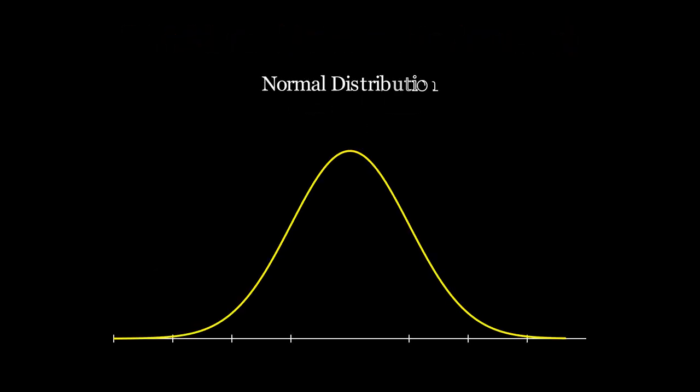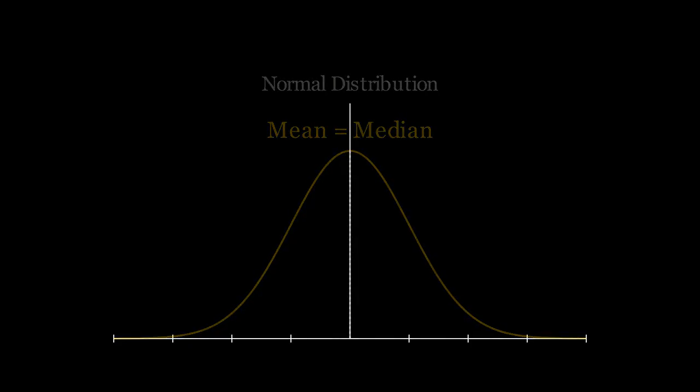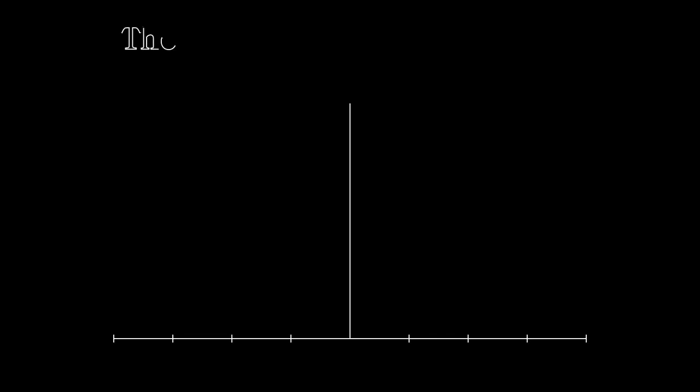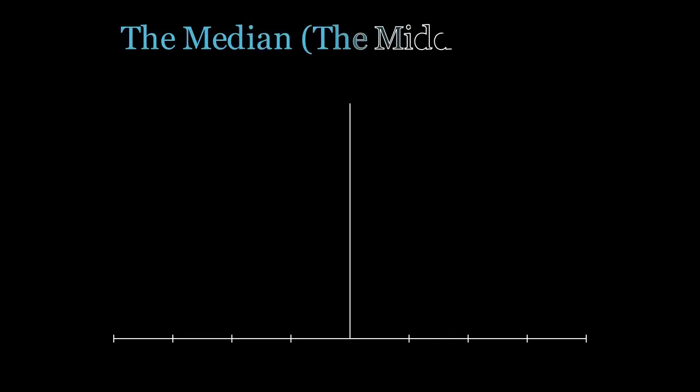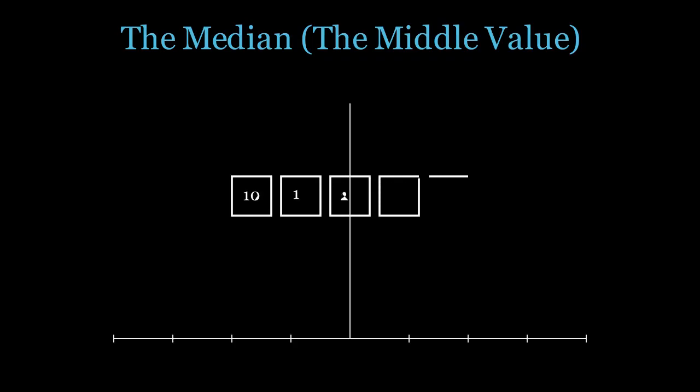In a perfectly symmetrical world, what we call a normal distribution or a bell curve, the mean is the king. Imagine the heights of adult men. Most people are around 175 centimeters. Some are taller, some are shorter, but the distribution is balanced. In this scenario, the mean perfectly represents the typical person. Here, the mean and our next contender, the median, are exactly the same.